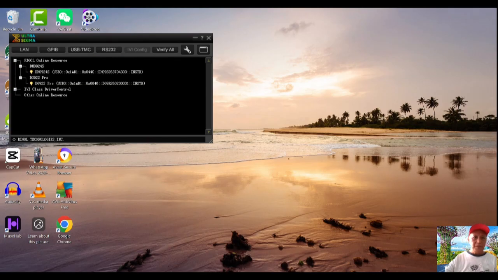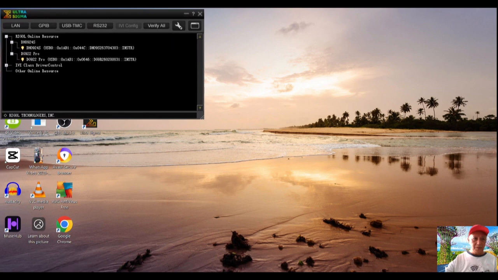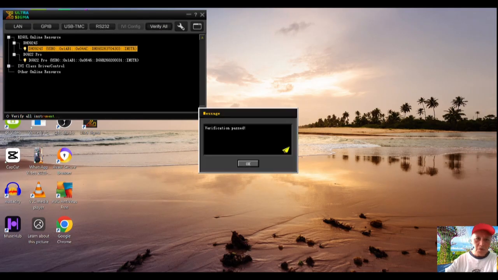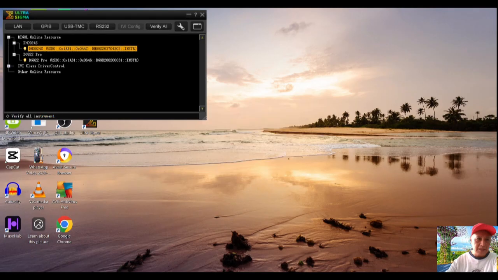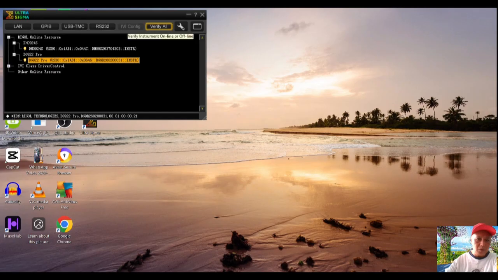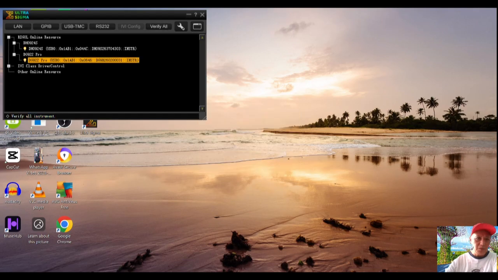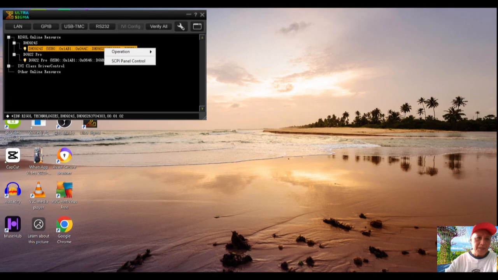And here you see it detects these two devices. Let's say we would like to remote control the oscilloscope. Here we verify all. So verification passed, and I think this one is also done already, but let's do it again. Okay, verification passed. So let's say we double click and use the SCPI panel control.